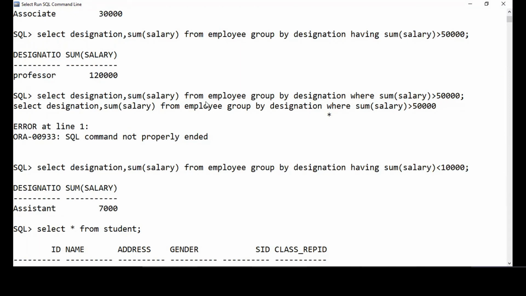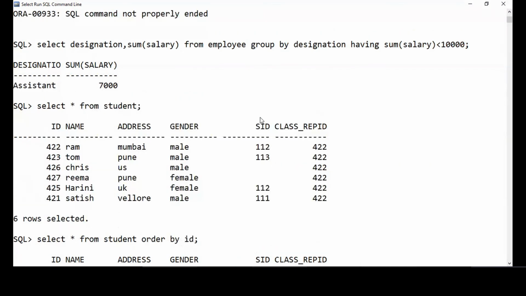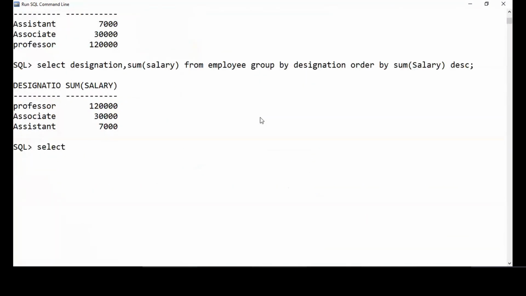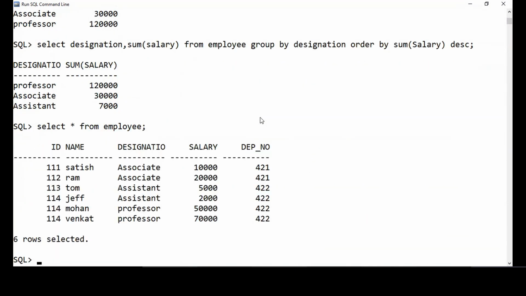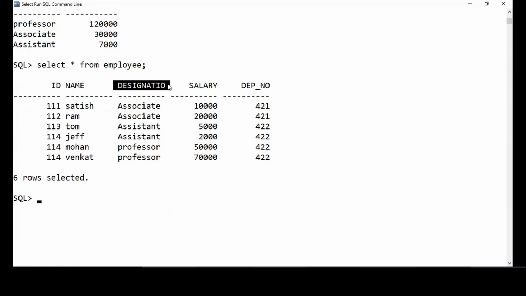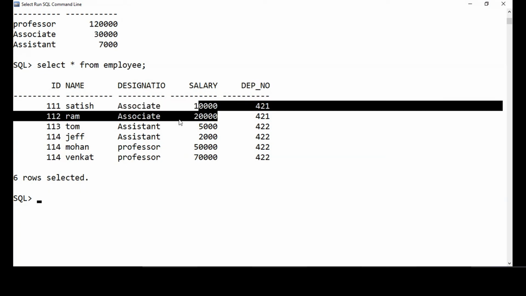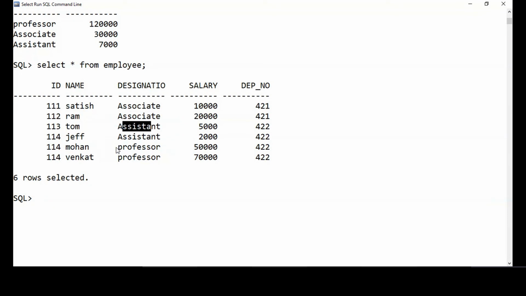There can be another question also like this, select star from employee. So now let me show you. Earlier I was grouping by just one column, designation. I can also use multiple columns for grouping by. Say first I want to group it by department number. For each department, total associate professors, their total salary, and assistant professors, the total salary, and professors, the total salary.